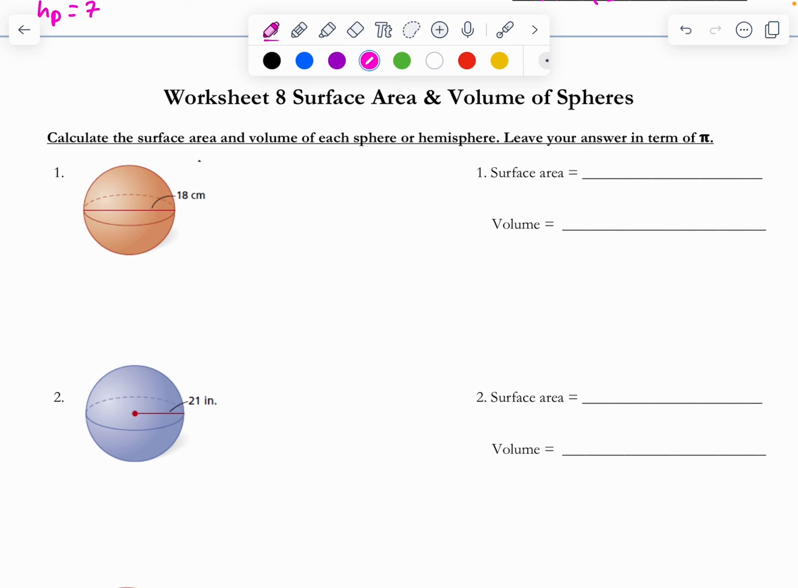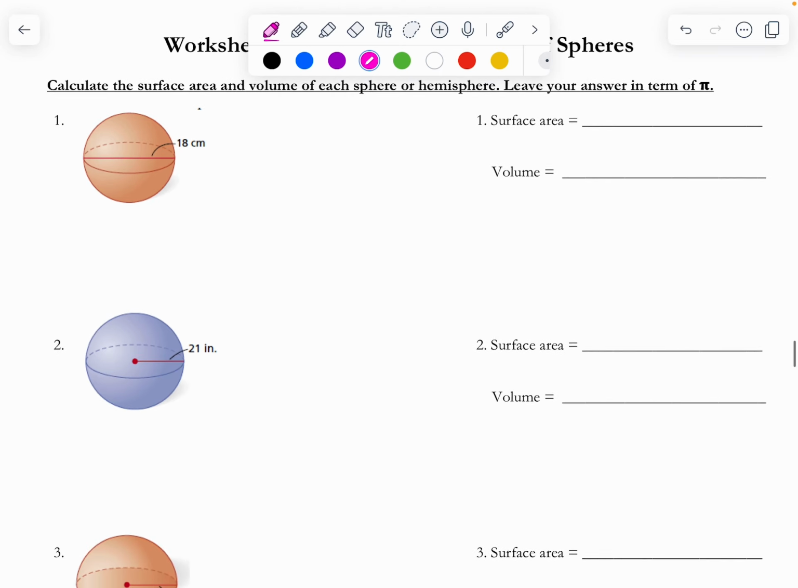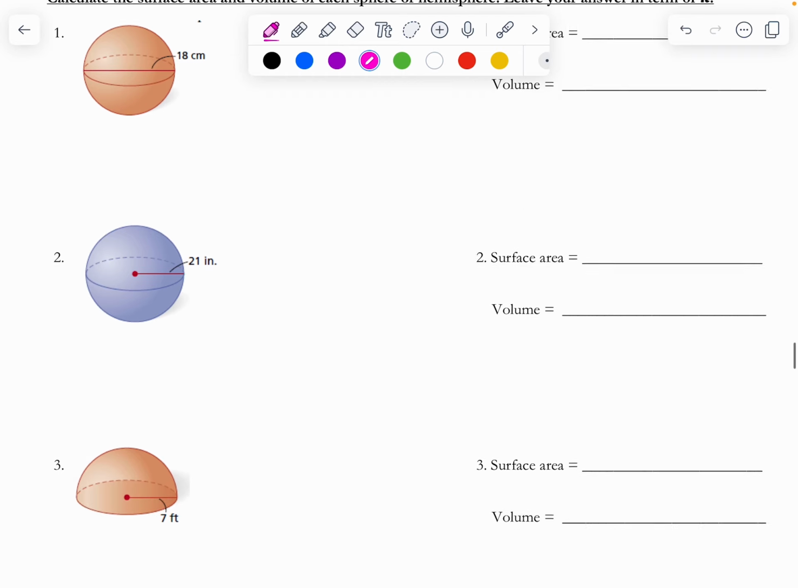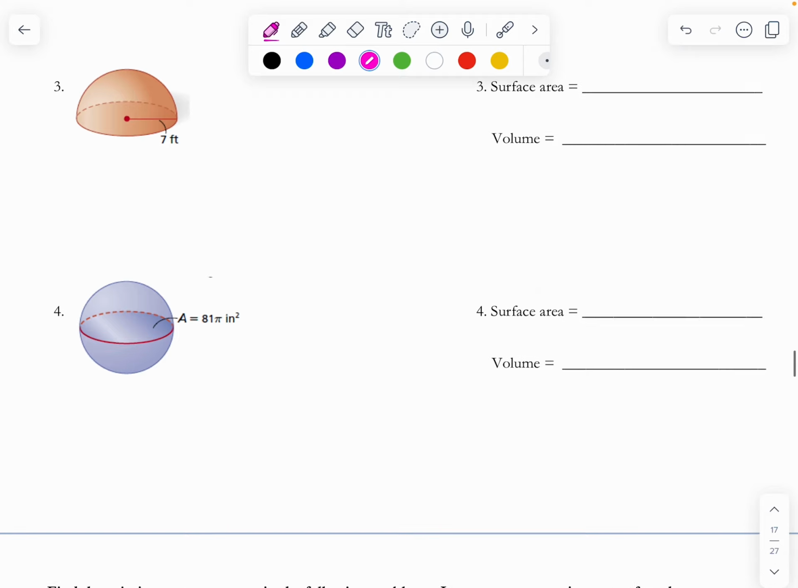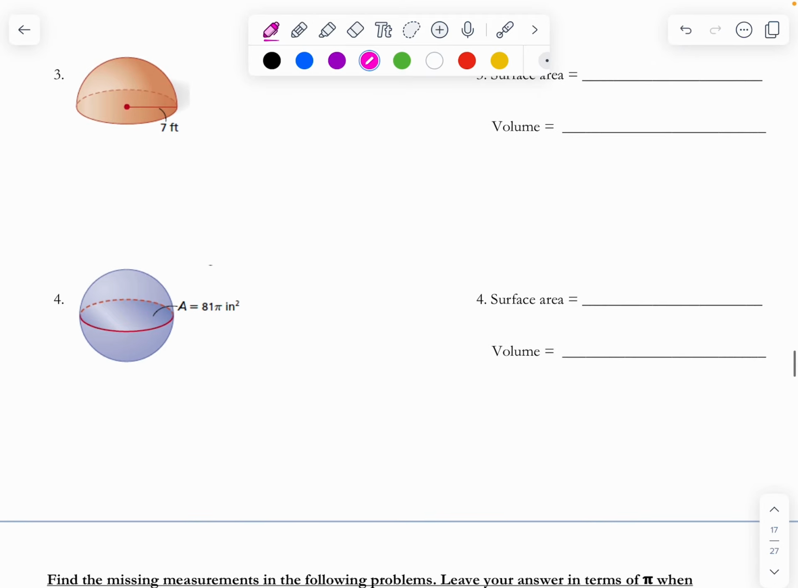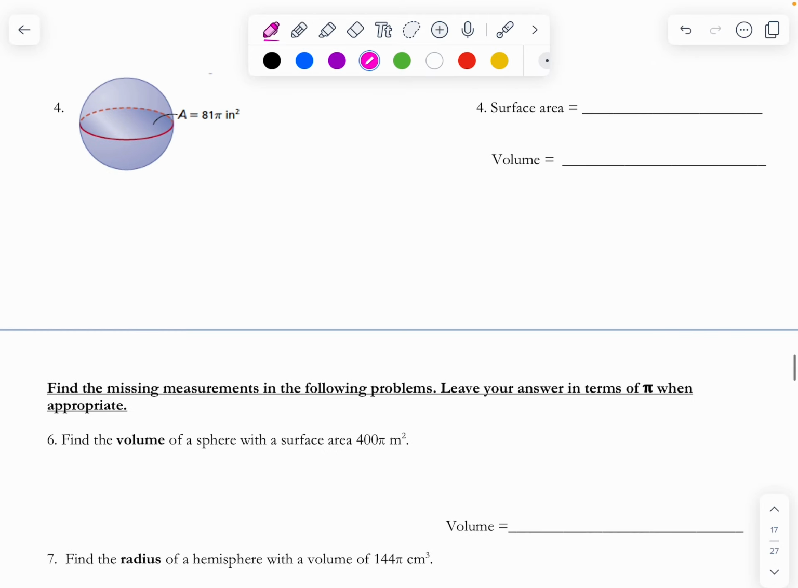Now, honestly, probably the easiest ones on here are going to be anything where the radius is already provided. Even when the diameter is provided, it's not much harder. So what I'm going to do is some of the harder ones, like number 4. For number 4, if we take a look here, they don't provide you the radius or the